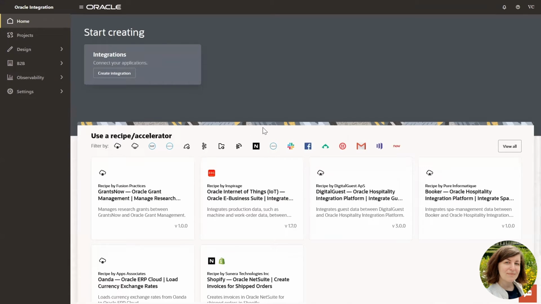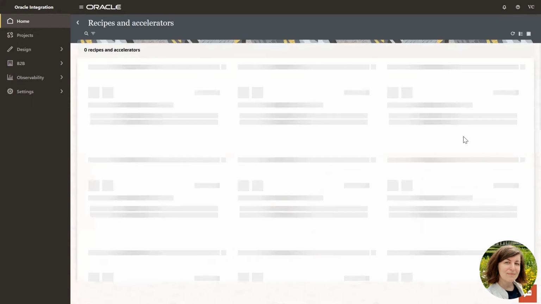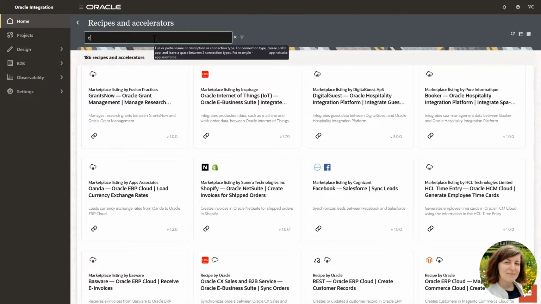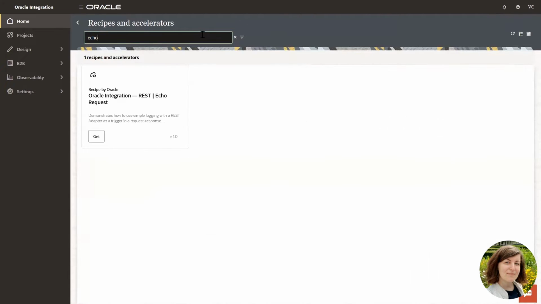From the home page of your OIC instance, you can reach the recipes and accelerators. We're going to use a recipe for a very quick test. Click on search and type echo, and you will find the echo recipe. Click on get to install the recipe.